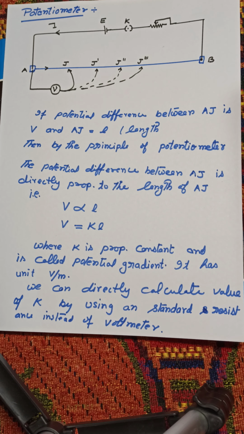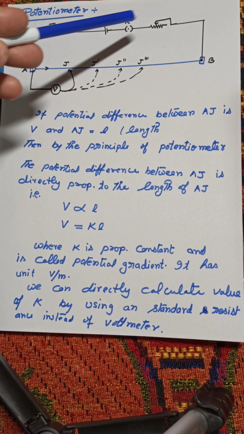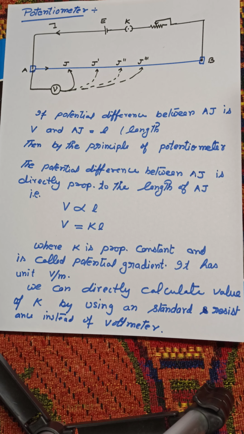The rheostat is basically used to vary the current in the circuit. The current in the device flows from the positive terminal of the cell, moves to A and then goes from A to B, then back to the cell. If we want to vary the current, we can change the setting of the rheostat. The current from the battery flows in the wire from end A to B. You can see in the diagram.